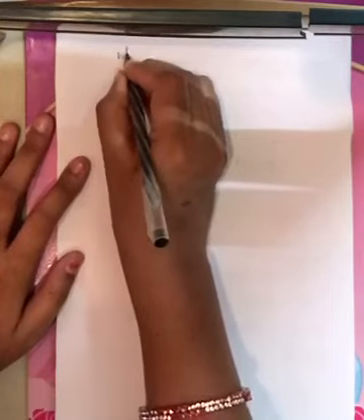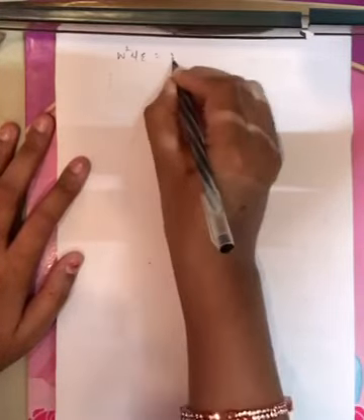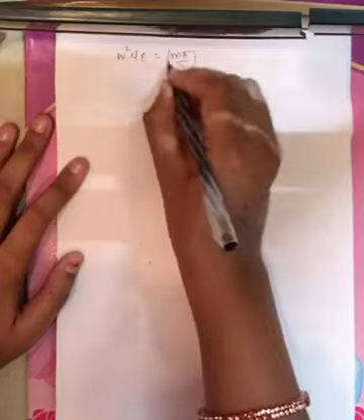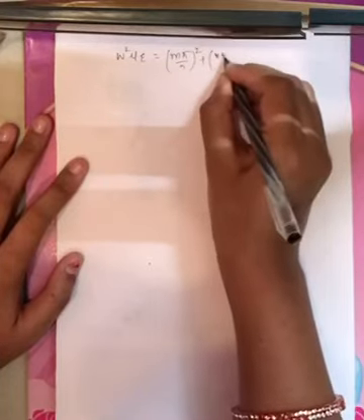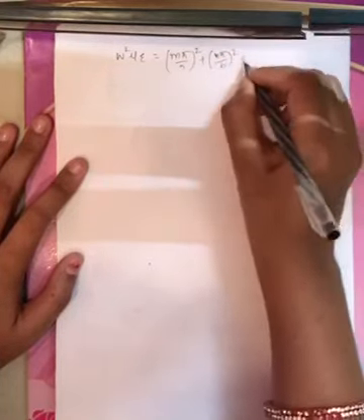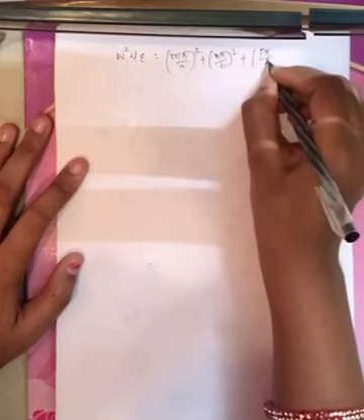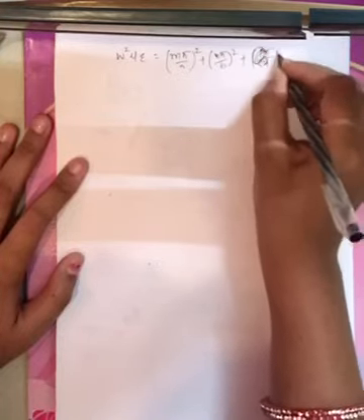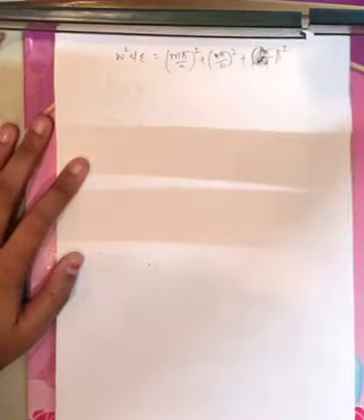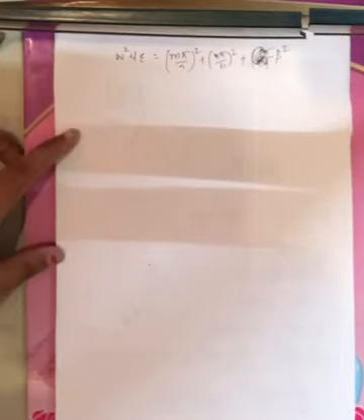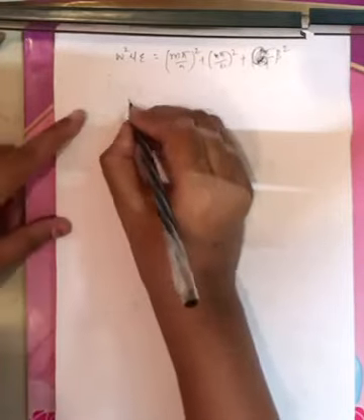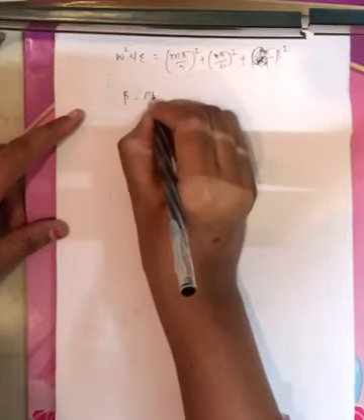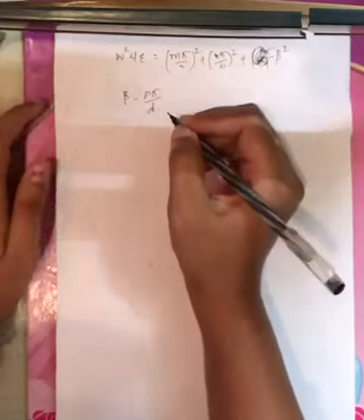Now what is the final expression that you are getting? Omega square mu epsilon equals m pi by a whole square plus n pi by b whole square plus beta square. Now this is the expression that you are getting. Now in order to exhibit the resonant property, the condition for the resonator is that beta should be equal to p pi by d, right? Now beta should be equal to p pi by d.